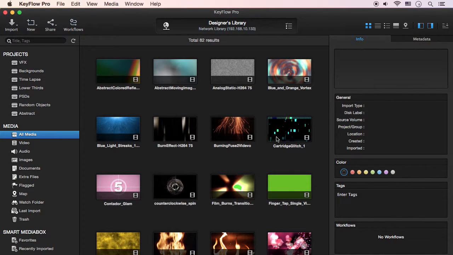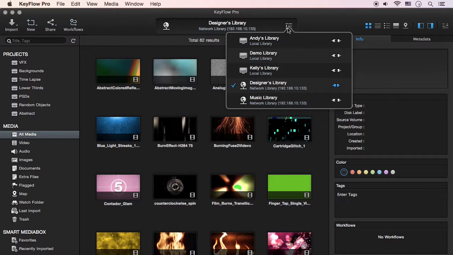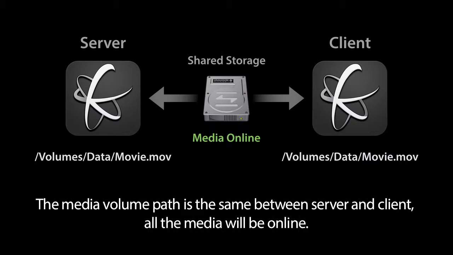Then, as you can see, the remote library is opened immediately. If the media volume path is the same between server and client, all the media will be online. In this case, you don't need to mount the shared library on your Mac, just connect to the media volume